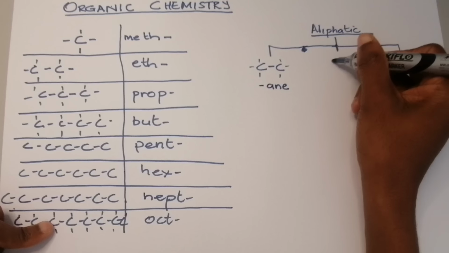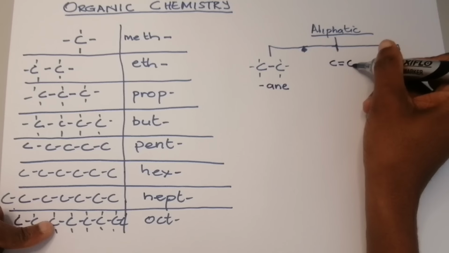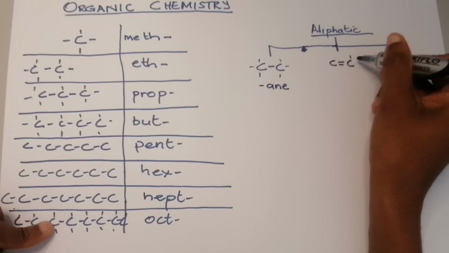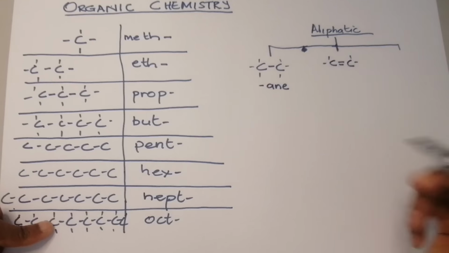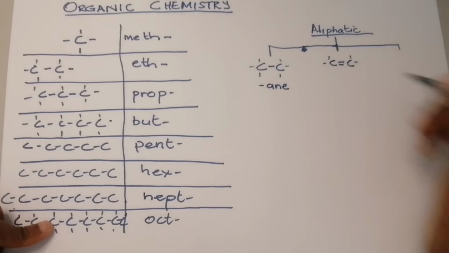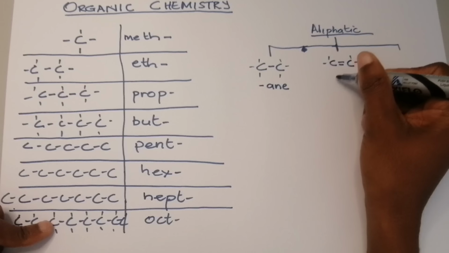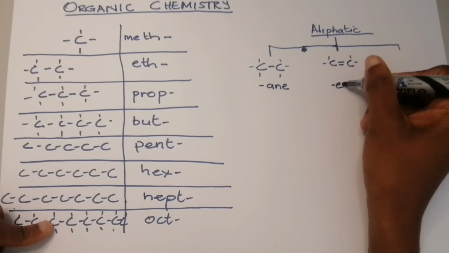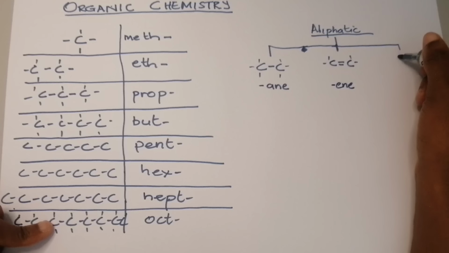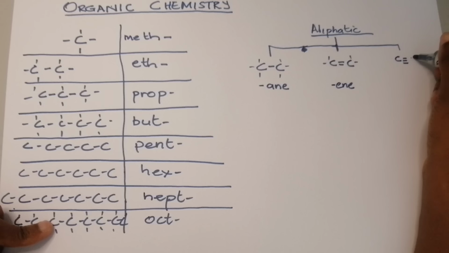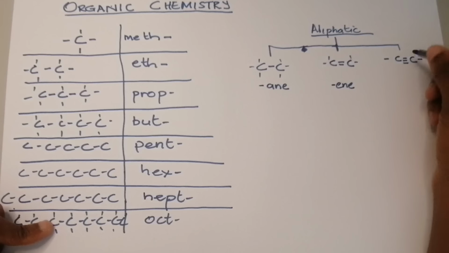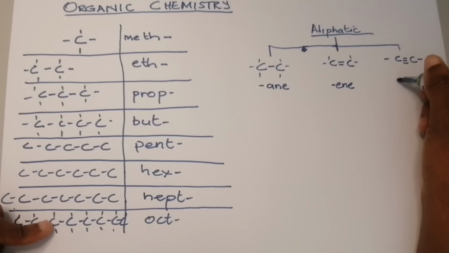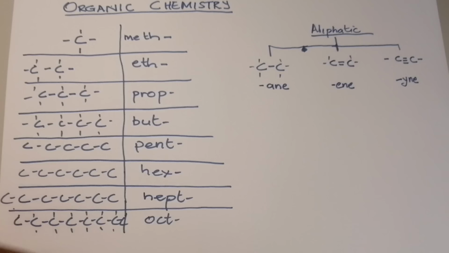And then if we've got at least one double bond between carbon to carbon, we will use the prefix, or rather the suffix. Now remember, suffix comes at the end of a word. So we use the suffix "-ene". And if we've got triple bonds between adjacent carbon atoms, at least one triple bond, then we use the suffix "-yne". Now if you just notice how logical this thing is,